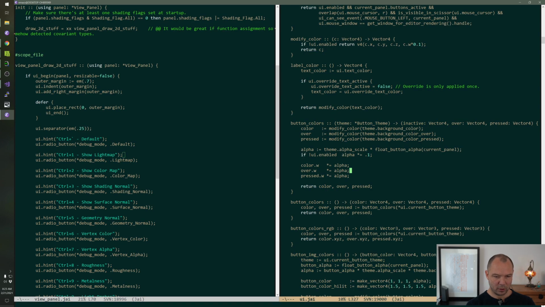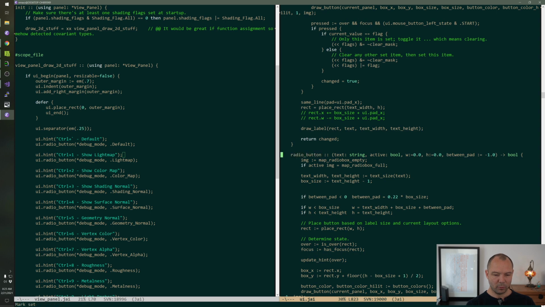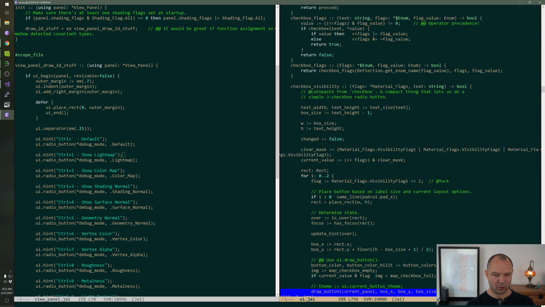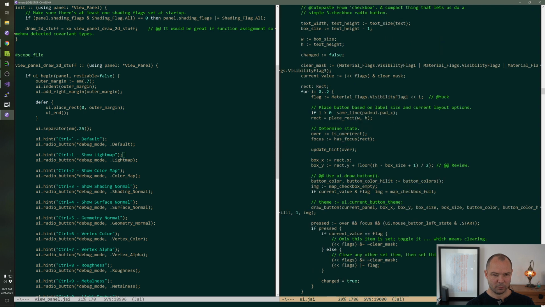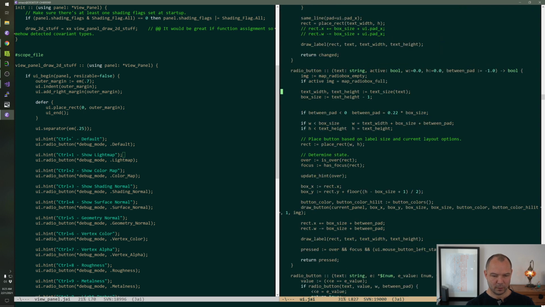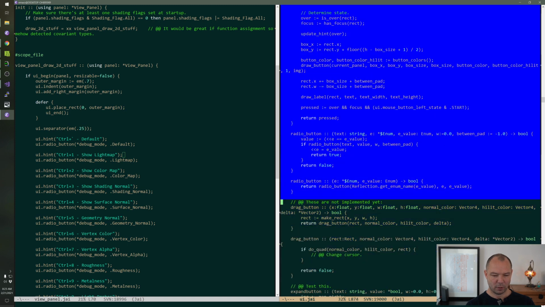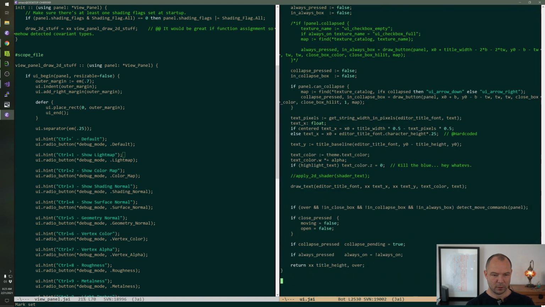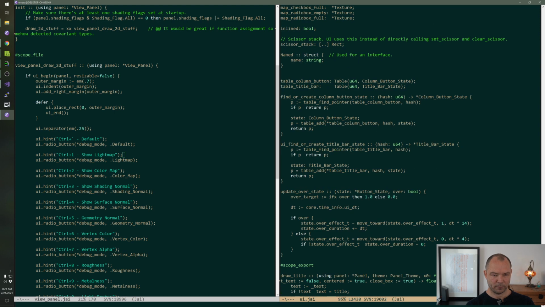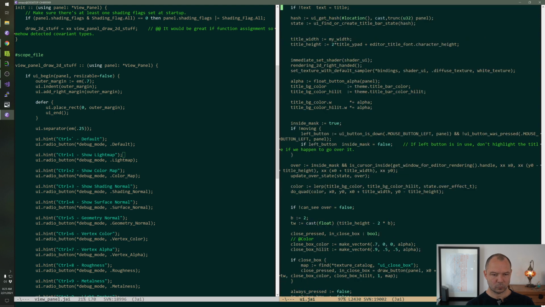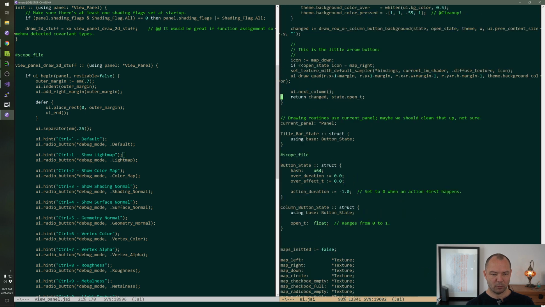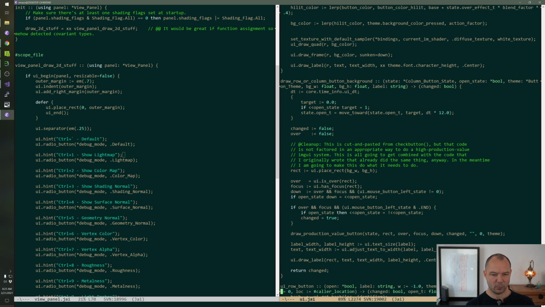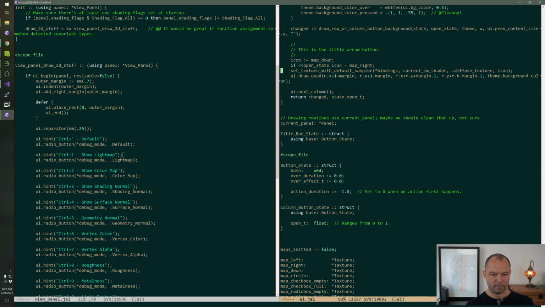I'm going to move this out of this struct, which means I'm going to have to put UI dot in front of a bunch of things, but that's fine. I'm going to want to refactor this file completely eventually, but right now,